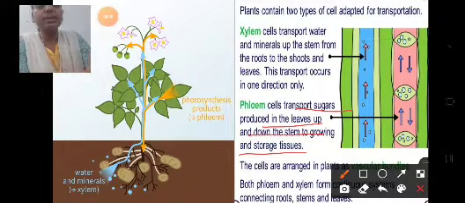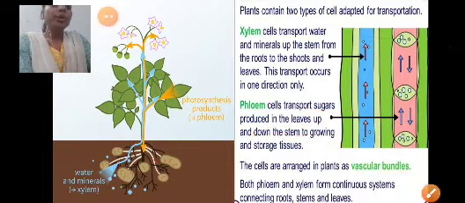So here you can see that first of all the water and minerals will be absorbed by the roots, and with the help of the xylem, that is the vascular tissues, it will be transported to the leaves. So one of the requirements, one of the raw materials of photosynthesis, finally has reached the leaf. Now next,